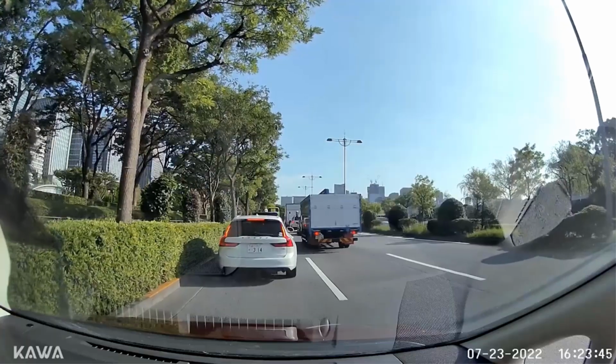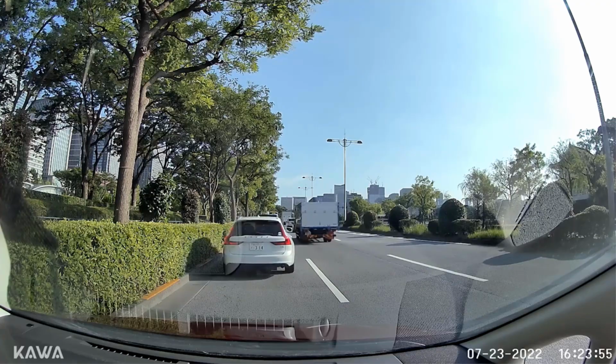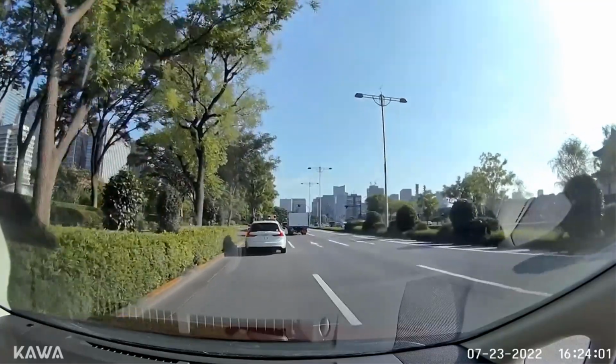It's your black box on the road, ready to document any unexpected events. Equipped with Wi-Fi functionality, the Deelife 4K Dashcam allows you to seamlessly connect and access footage from your mobile device. Whether you want to review your trips or share a memorable drive, this feature adds an extra layer of convenience,